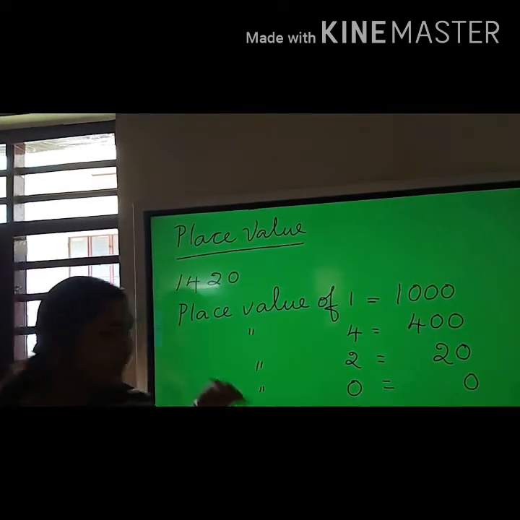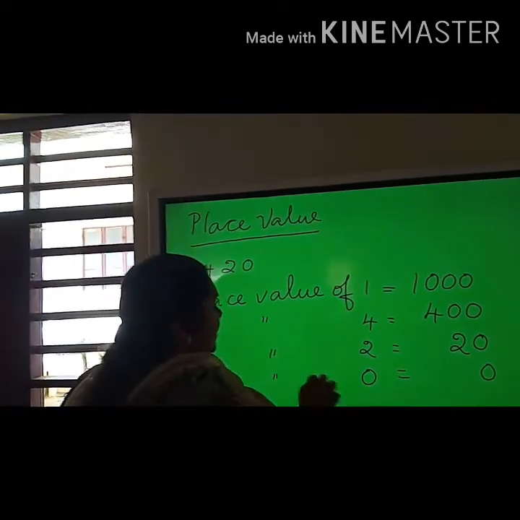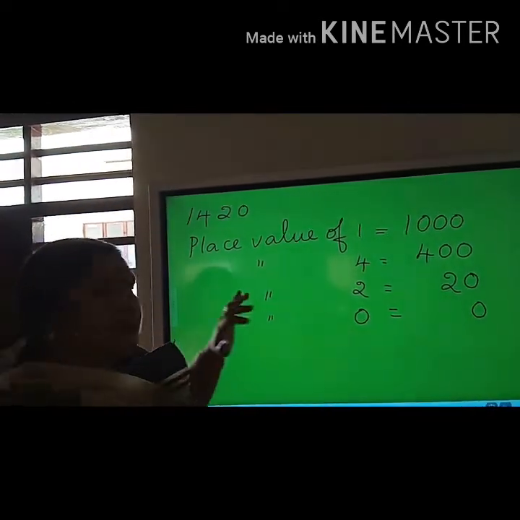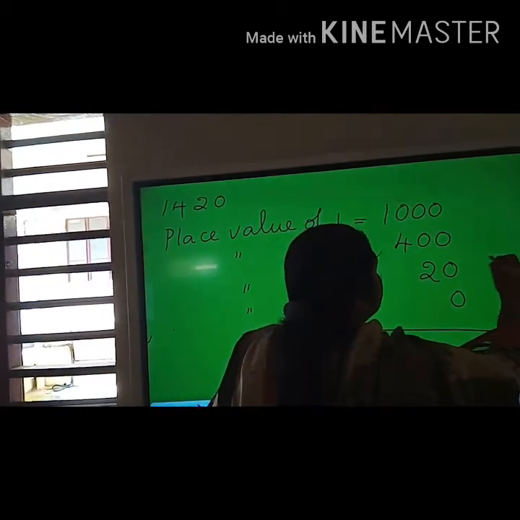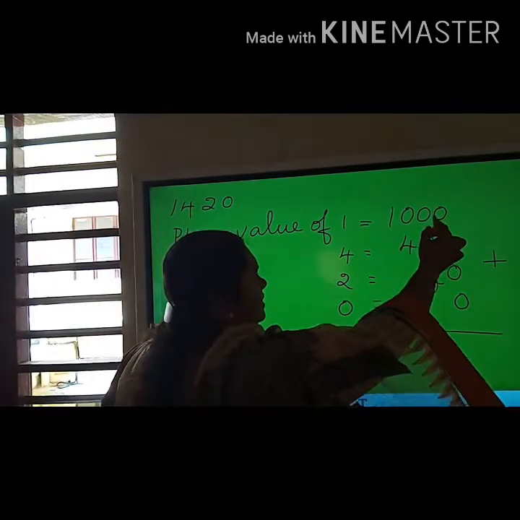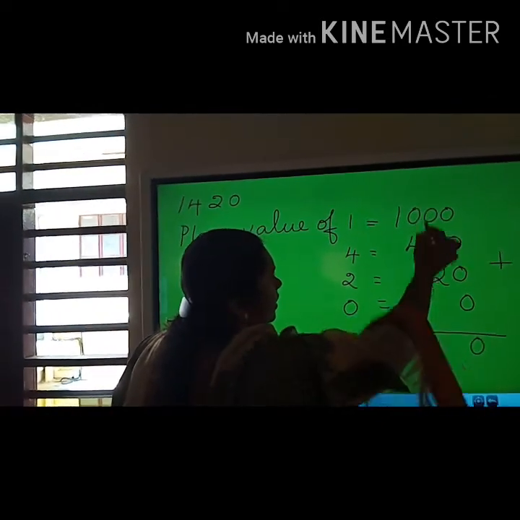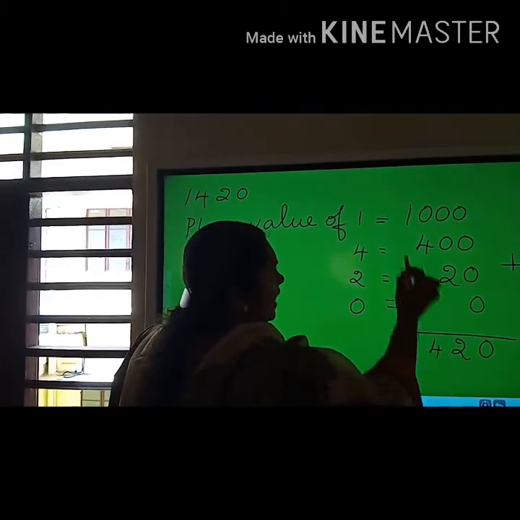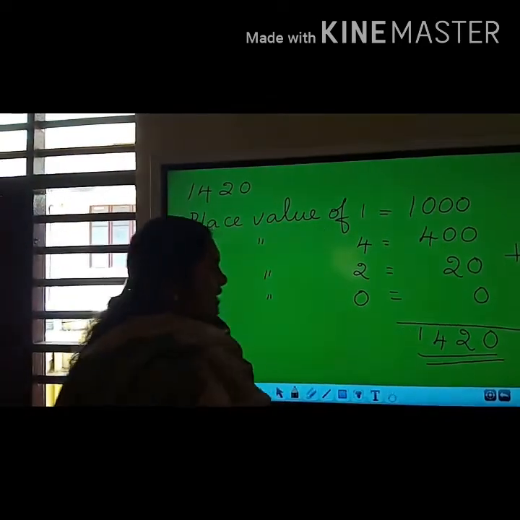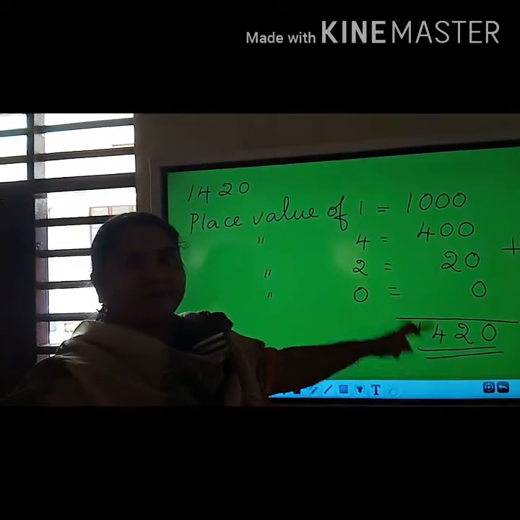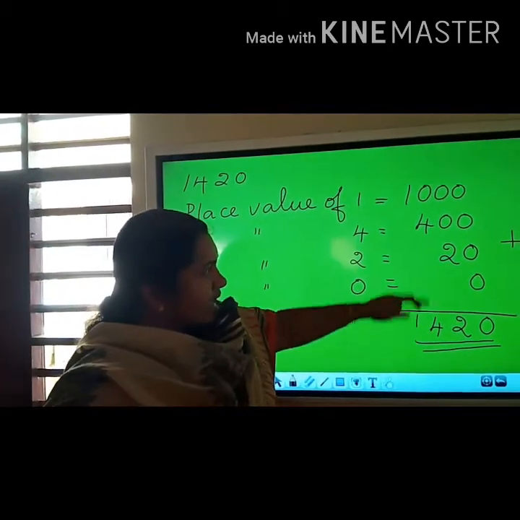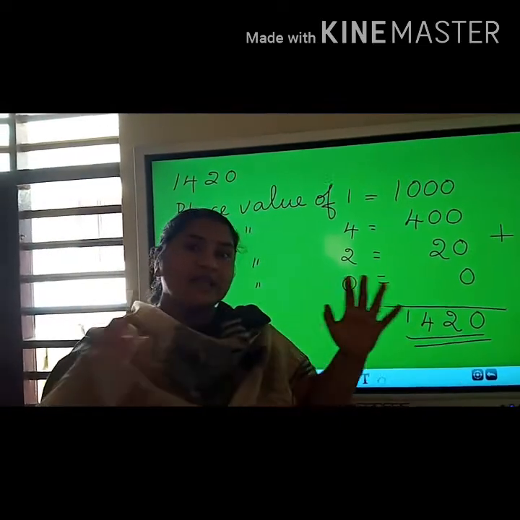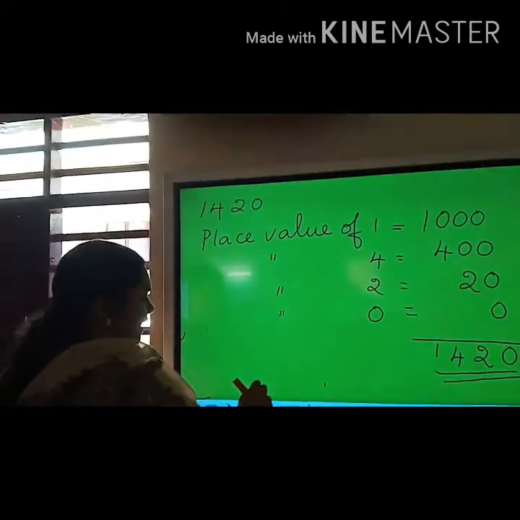We have studied already. And now we will pass on to the next part using this place value. That is, if you add these all, what number will you get? 0 plus 0 plus 0. Here if you add these you will get 2. Here if you add you will get 4, and here 1. See, the same number we got what we expressed. That means if you add all the place values of all the digits of this number, you will get the expanded form. This is the expanded form.